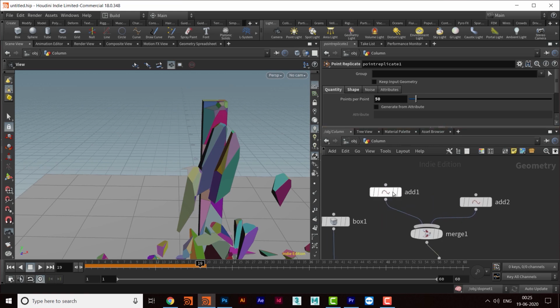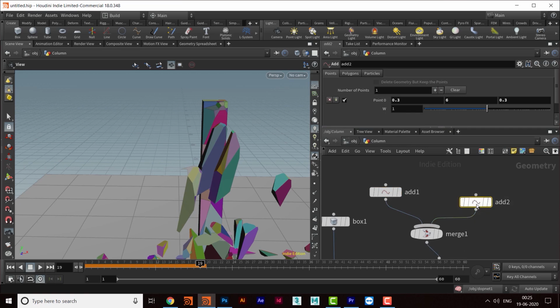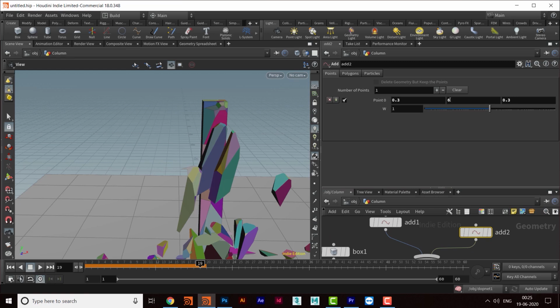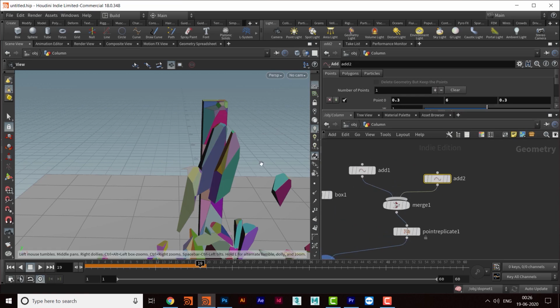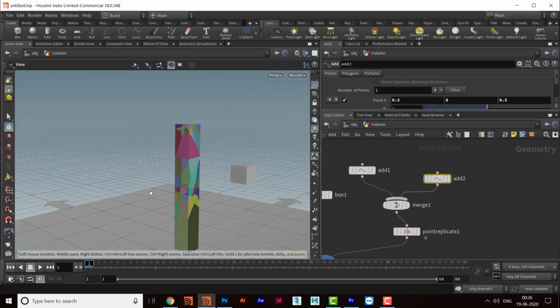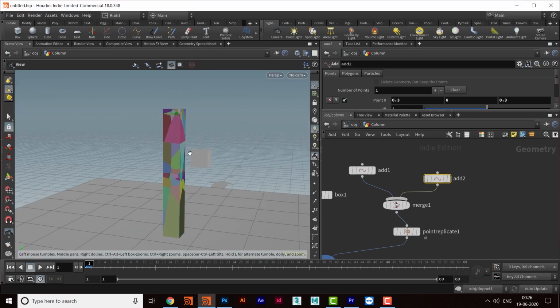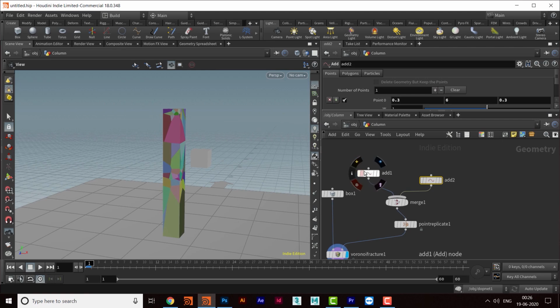Okay, there is no need to take even two nodes. Even in one node you can take many points and give them different positions. So if you want to take another one here, you can come here and take another one and then give this a different value. Okay, so for now maybe we can take this part and we can change things according to our need. So that is one of the ways.